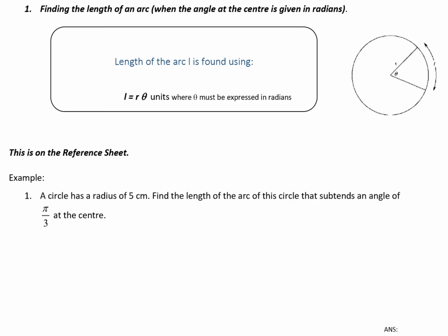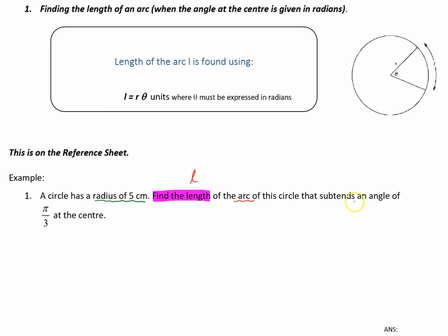It says, a circle has a radius of 5 centimetres. Just for now, I'll underline radius. I'm sure it's going to be important. 5 centimetres. Find the length. I think it's always really important to identify what the question wants you to find. So you would be reading each question looking for the find or what is or how many, those sorts of words. Find the length, and we know that to be L, the length of the arc of this circle